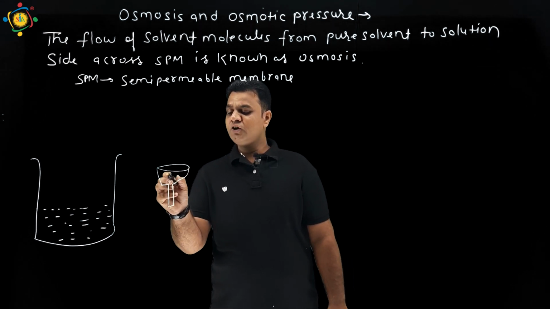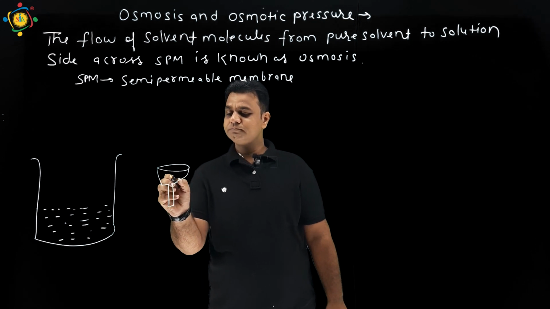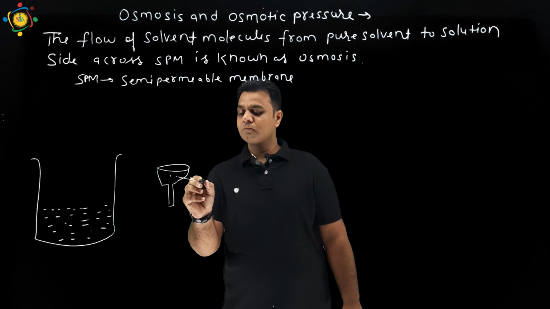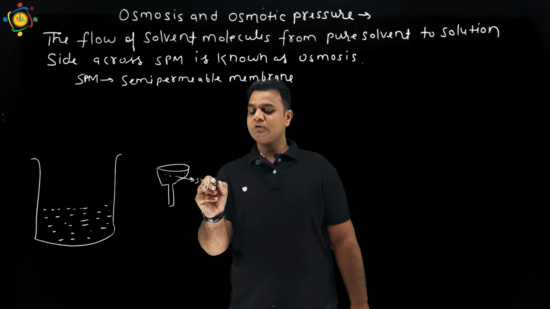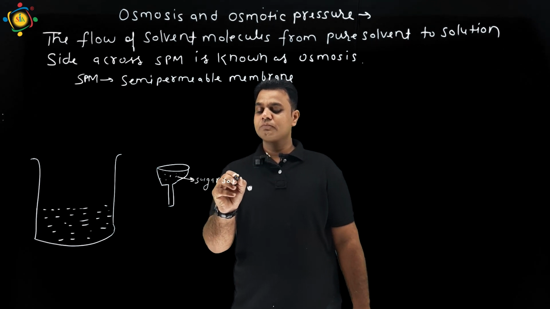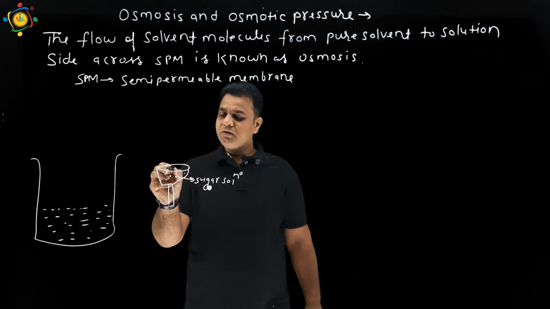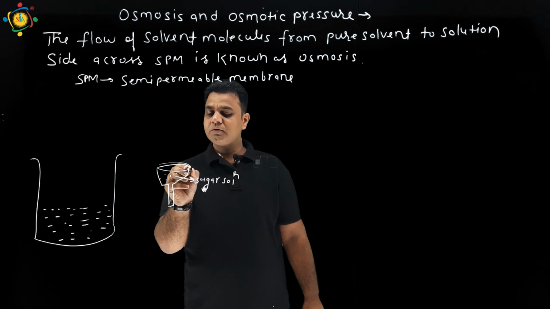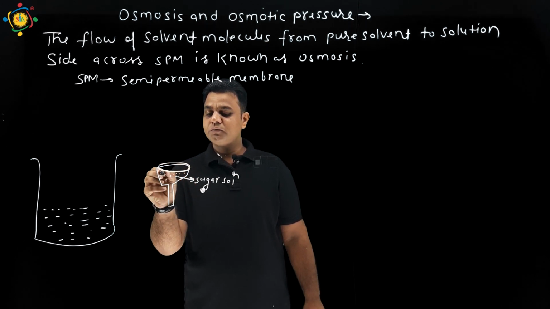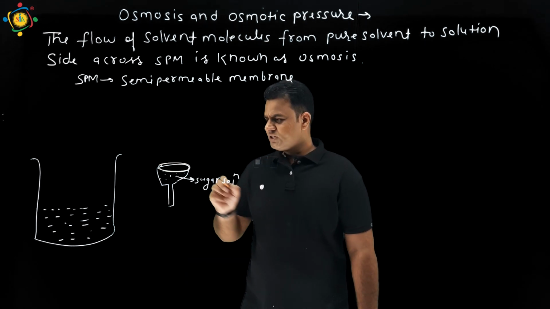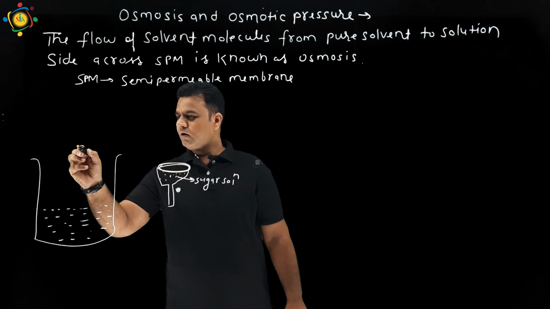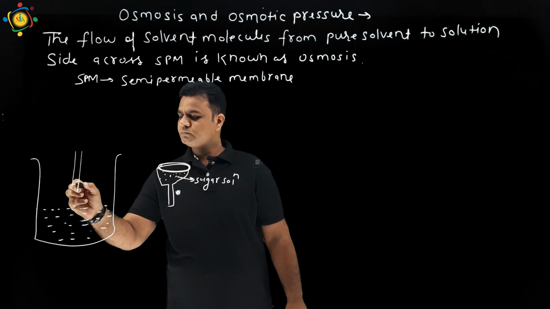This funnel is filled with sugar solution, and an SPM membrane is put on the Thistle funnel. This funnel is put in an inverted position